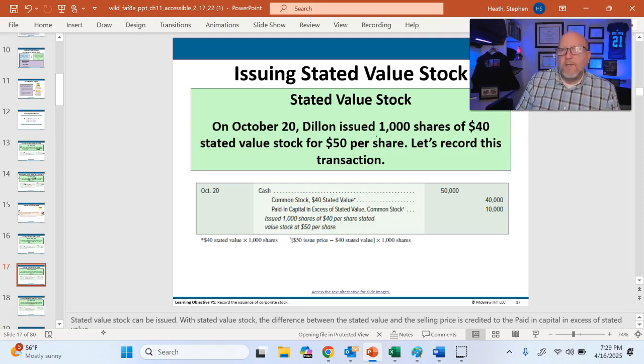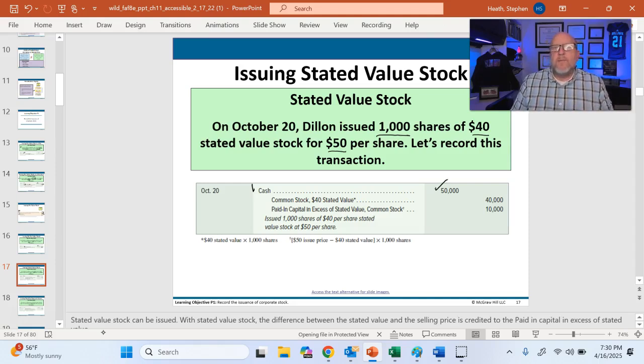Okay? So let's just look at what's happening. In this particular example, we're going to sell 1,000 shares, and the stated value is $40. And then the market price, the price that we're selling it at, is 50. So again, step one, I'm going to put cash equal to the number of shares times the market value. And so 1,000 shares times $50 per share,